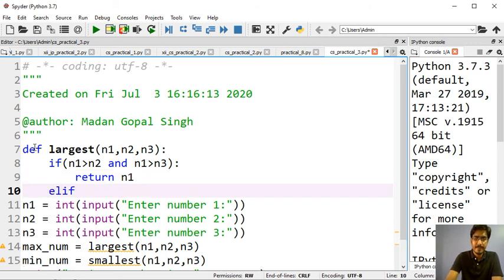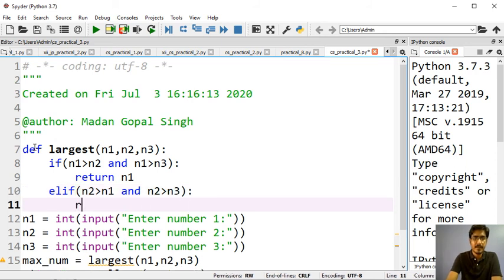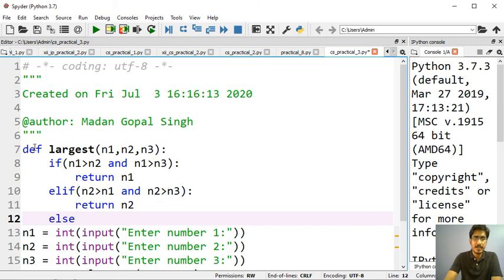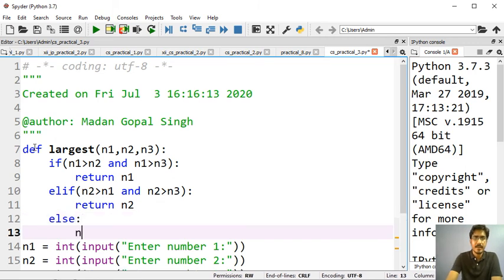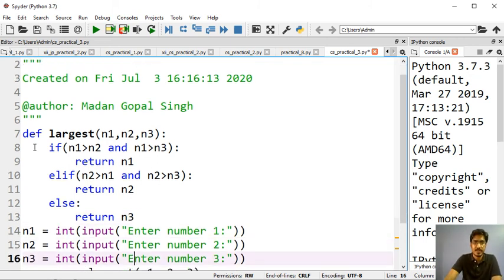If n2 is greater than n1 and n2 is greater than n3, that means return n2, otherwise return n3. Okay, as simple as it is.